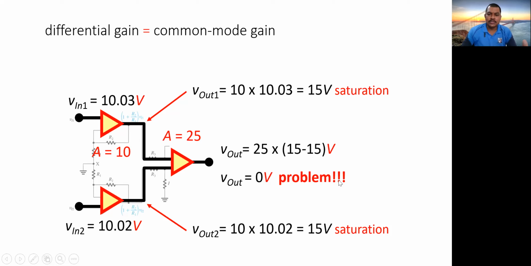Right. So this is the problem when we say that differential mode gain is equal to common mode gain, right? Both the buffer amplifiers go into saturation. Saturation means what? They would give a very high voltage, but they can only give as much as the power supplied to this op amp. The power supply is 15 volts, so the output will not reach more than that. So 10 into 10 is going to give you 100. But since it is being